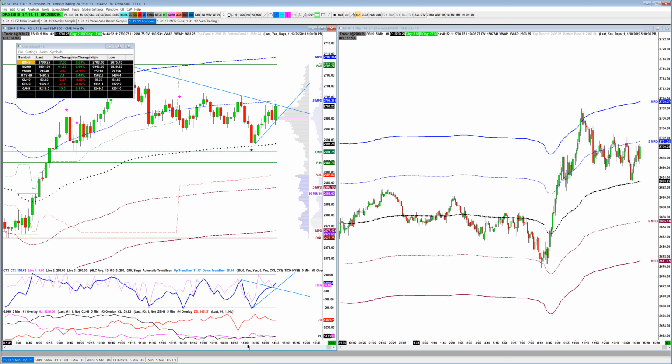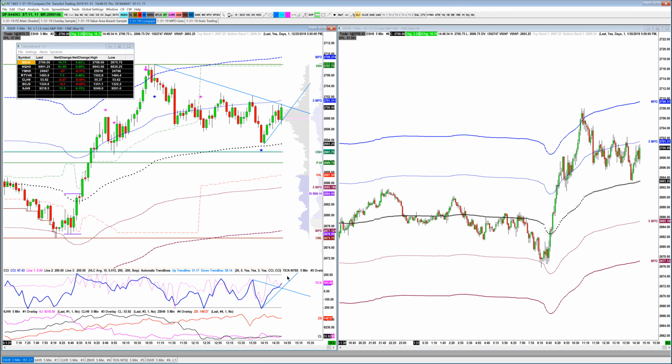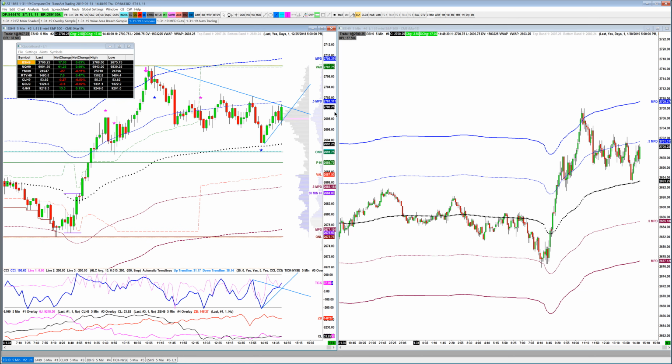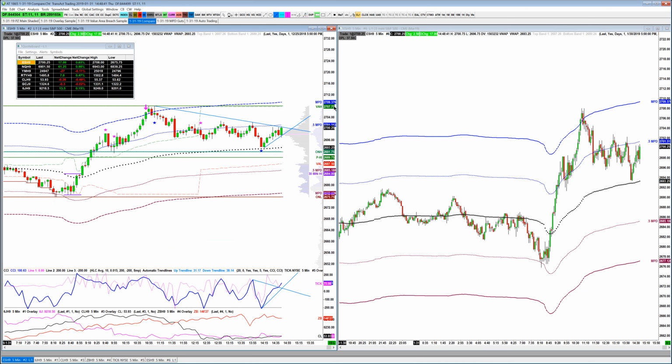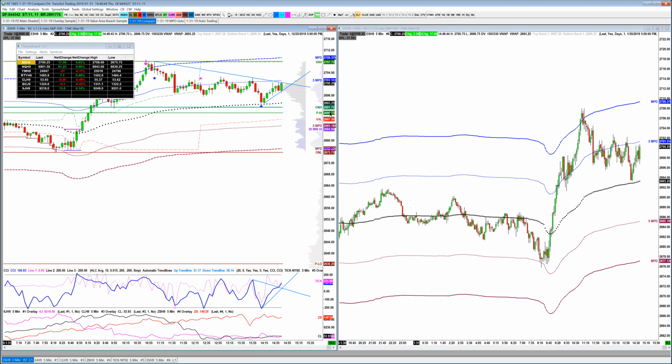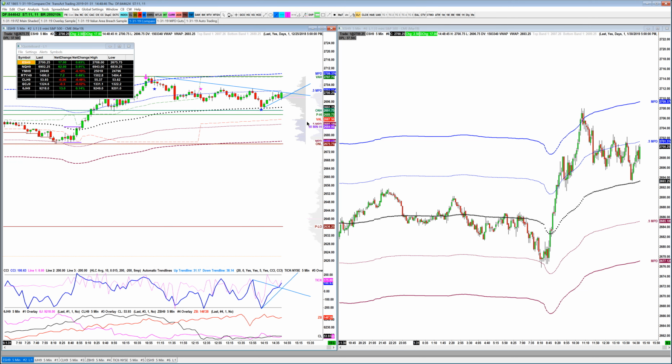What this is basically showing is a volume profile for the day, which is this one here, the first one, and then a volume profile for the week, which is this one here. So I'm going to kind of zoom out a little bit. You'll see the weekly profile goes all the way down here because we're near the highs of the week, right? So the reason that I put this up here is because